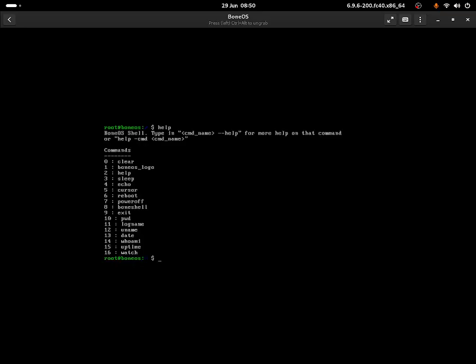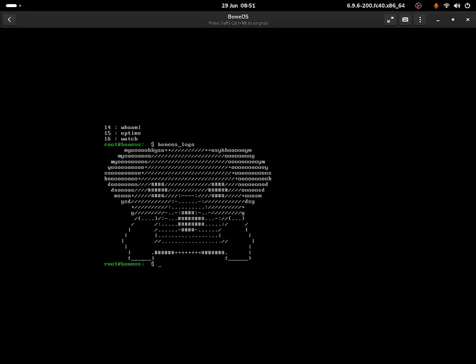I can now do help again, and now I can display the logo. To display the logo, all you do is type BoneOS and now logo, and that should display our wonderful logo, which is meant to be like a bone or something. So yeah, this is the BoneOS logo. If I now do help again,